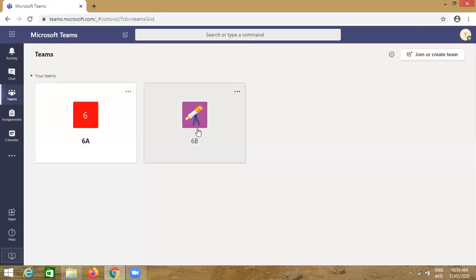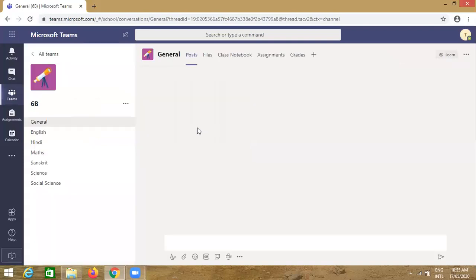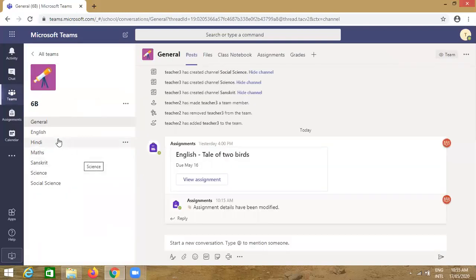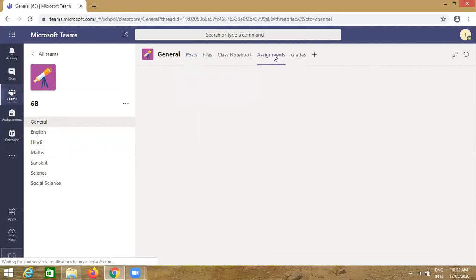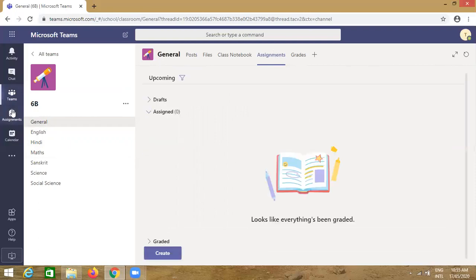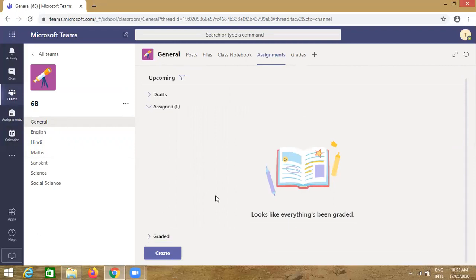Click on appropriate class 6B and in the assignments tab, click on it, or as earlier told, you can click here on the assignments in the left hand panel also. Now this assignments window has opened.